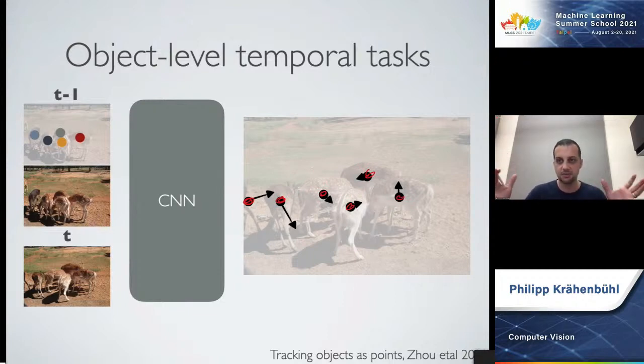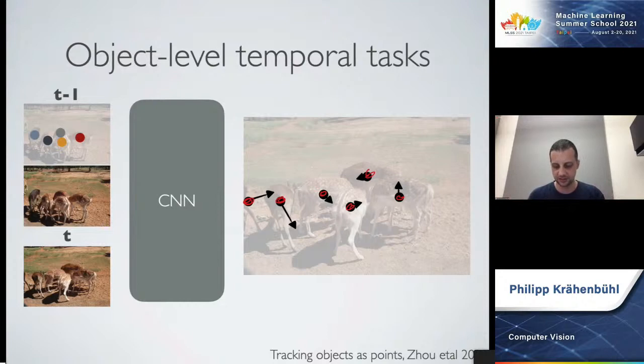This is the same as motion estimation or optical flow, but now you just do it for the centers of objects. This will allow you to backtrace where the object was before, associate it with the previous object, and then get a track through an entire video. This will allow you to follow objects through a video.